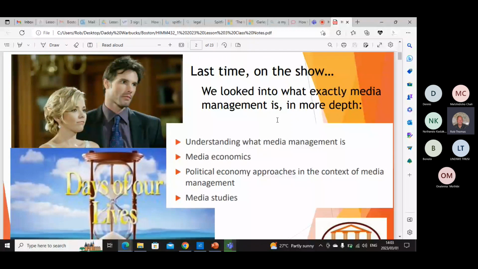Okay, so I'm not going to cover this again, but just to let you know that what we covered in section 2 or lesson 2 was we looked into exactly what media management was. So we looked at understanding media management, media economics, political economy approaches in the context of media management, and then media studies. And I think the most important slide and the most important thing from lesson 2 last week was